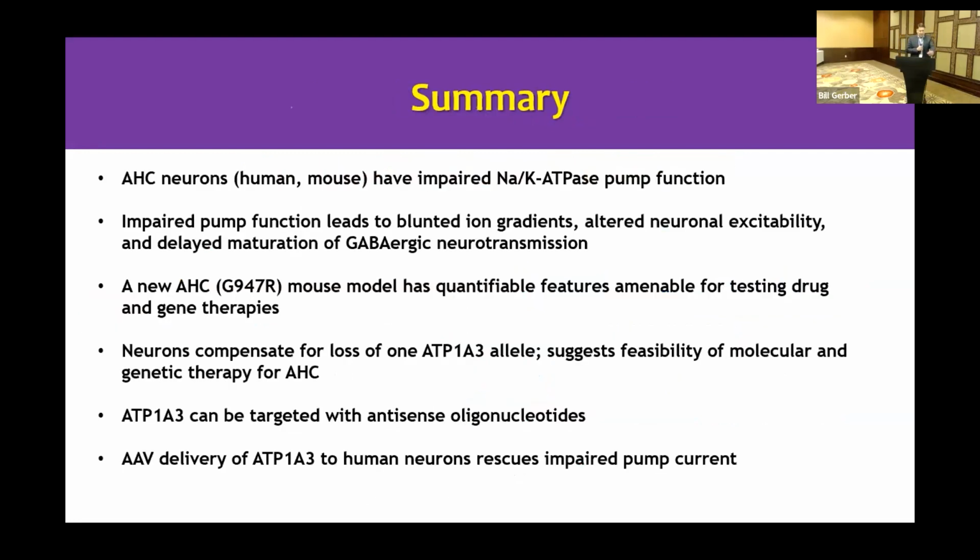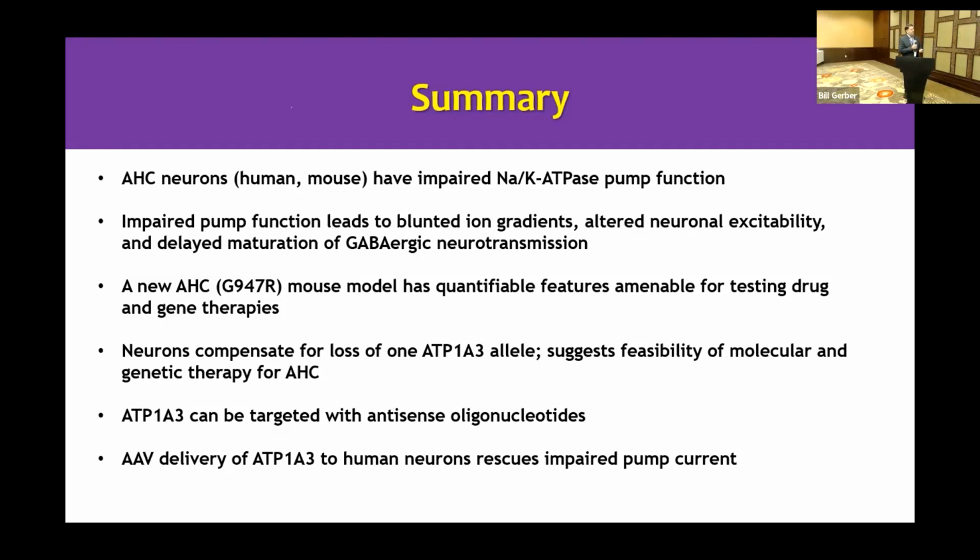So just to summarize, I hope I haven't taken way too much time. In our hands, we see this common feature at the molecular level in neurons, from either human neurons or mouse neurons, that there's a reduced pump current. That's the fundamental ion transporting readout that we have for ATP1A3. That impaired pumping leads to a disturbance in the ion concentration gradients in neurons. And those ion concentration gradients are critical for powering those neurons to be able to fire electrical impulses known as